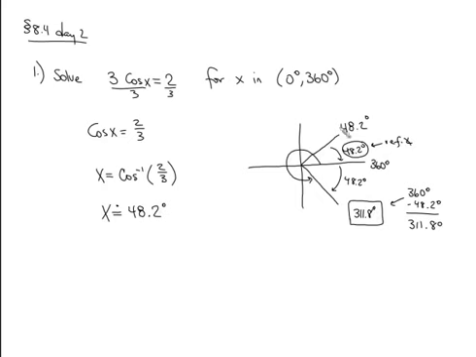So our two answers are going to be 48.2 degrees and 311.8 degrees. So again, we use our reference angle to move us from quadrant to quadrant. If we're trying to get from quadrant 1 to quadrant 2, since this is 180 degrees, we would do 180 minus the reference angle to get into quadrant 2. We would do 180 plus the reference angle to get into quadrant 3, and we do 360 minus the reference